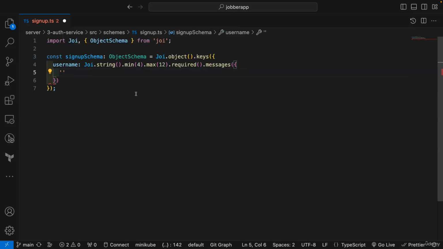Now the keys for these messages are string.base. So this is for the error object that is usually returned from Joi. The base message is inside this key, string.base. So that is what we want to change. I'll set this to "username must be of type string",